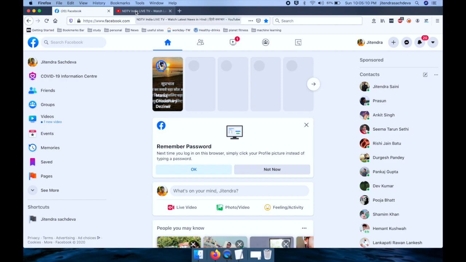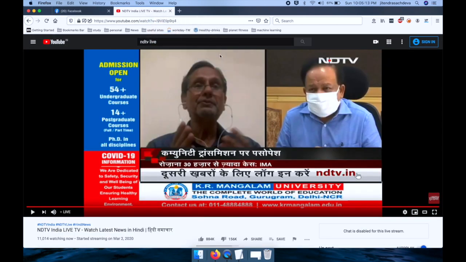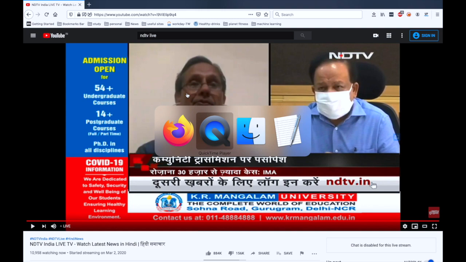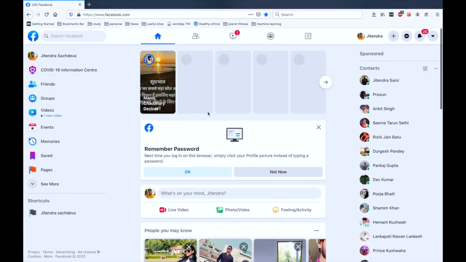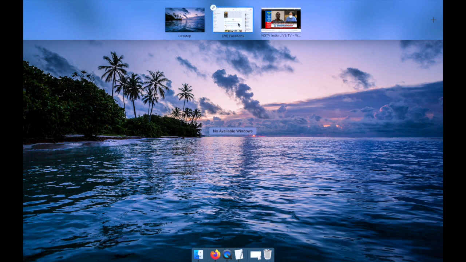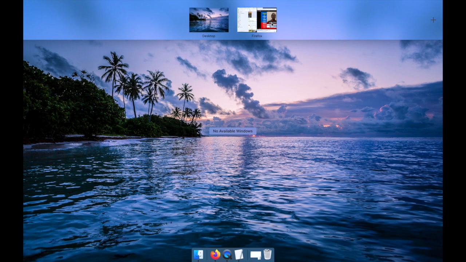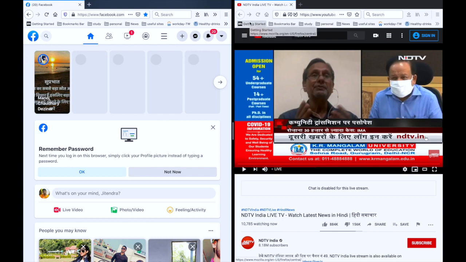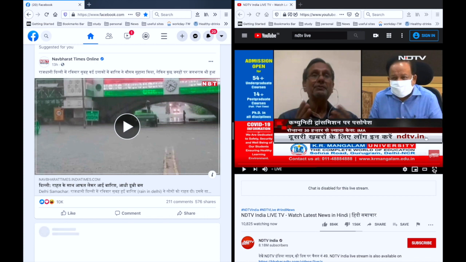For doing that, you first have to open both of them in different windows. So I'll take this out into a different window, and now my Facebook is in a different window. Make both of them full screen, and I'll go to Facebook as well and do the full screen. So now both of them are in full screen. Just open Mission Control. The shortcut for this is to swipe up using three fingers on your trackpad on your Mac. It will open Mission Control, and you just have to drag one page onto the other. It will merge them together, and now you can use Facebook in parallel to your videos, right?